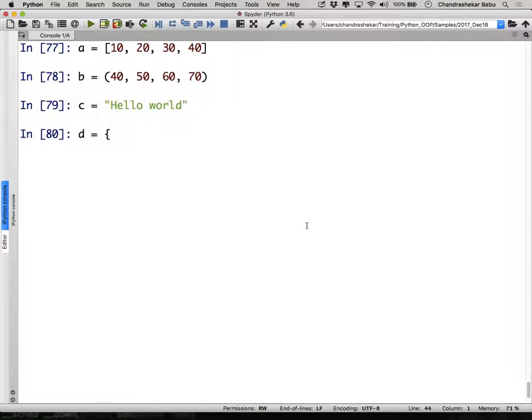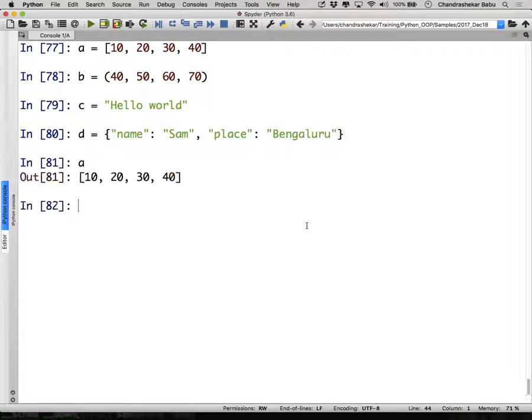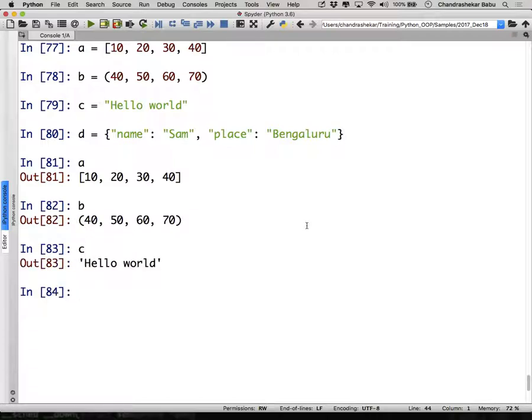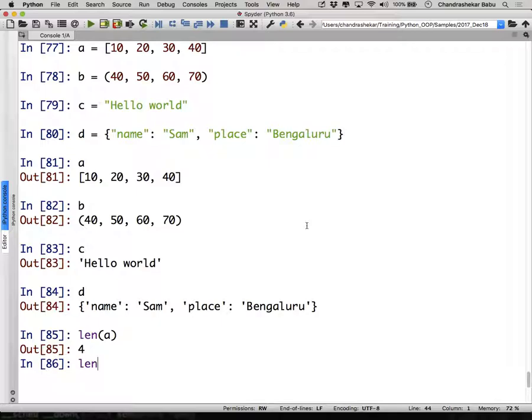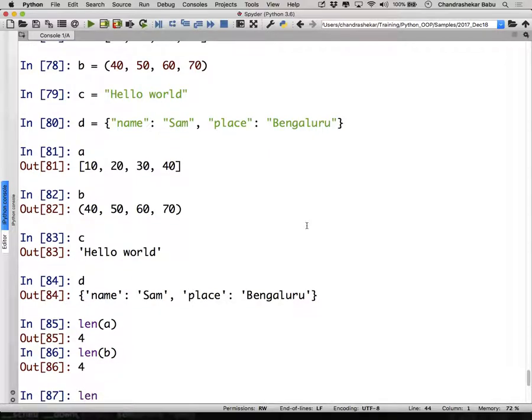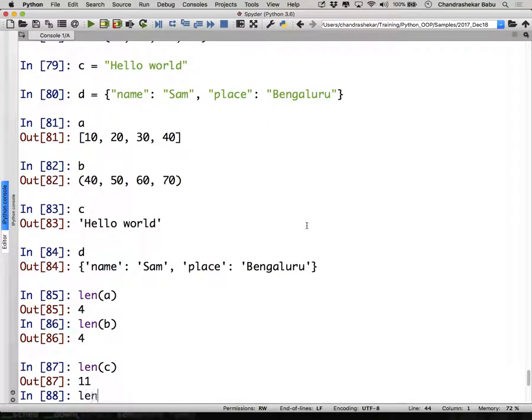D is equal to, I'll just specify name: Sam, place: Bengaluru. A is a list, B is a tuple, C is a string, D is what? A dictionary. We have different data types here. I can say len of A, len of B, len of C, len of D.